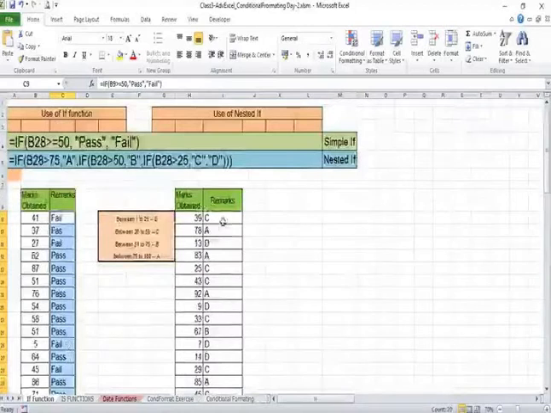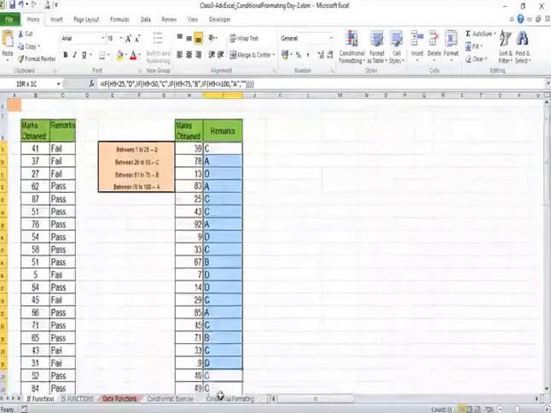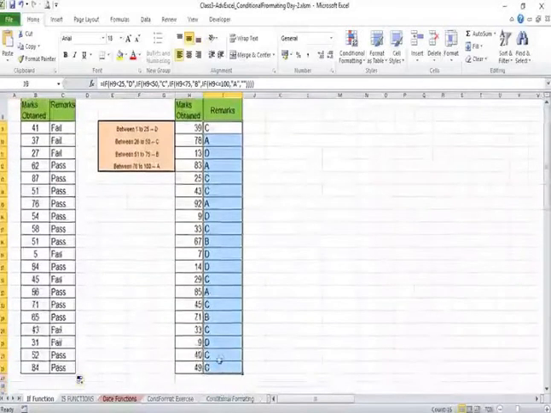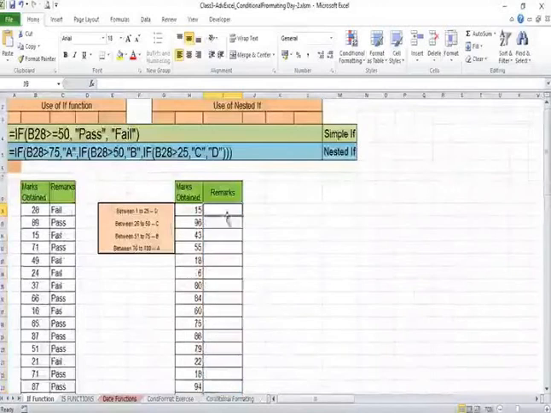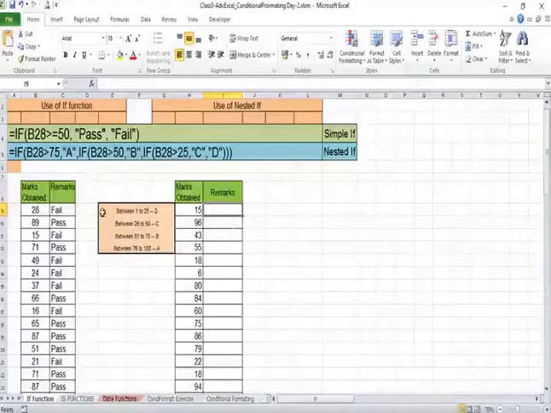Now let's see the case of nested if. Now we don't have to decide just fail and pass in the test. We have to grade it, and the criteria of grading is given here.